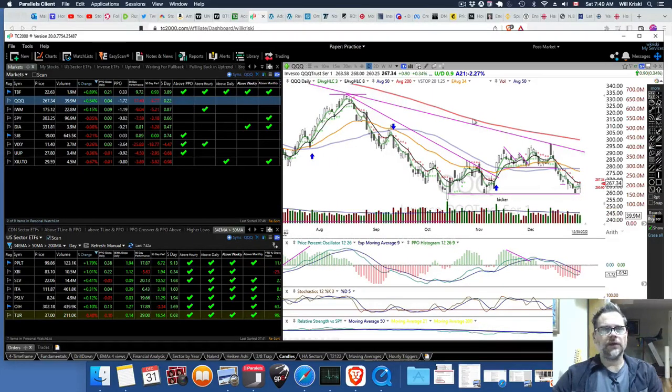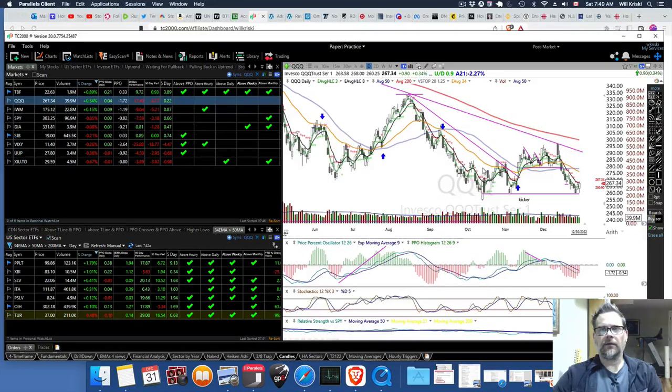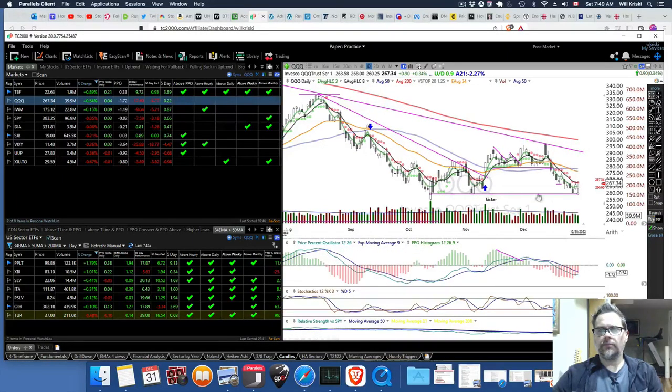So we'll have to see if that starts to develop an uptrend there, or if it breaks this support, then there's probably another leg down. We've been seeing Apple and Amazon and those big stocks that were holding up the Nasdaq and SPY kind of having troubles. If we just take a look at Apple,